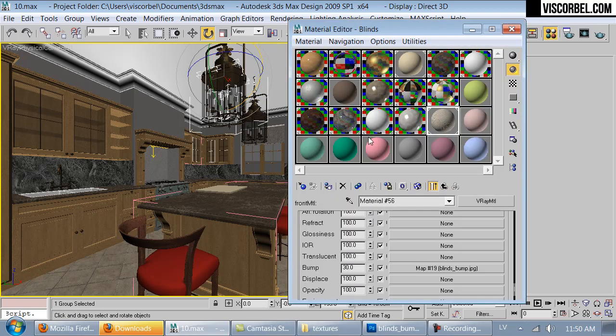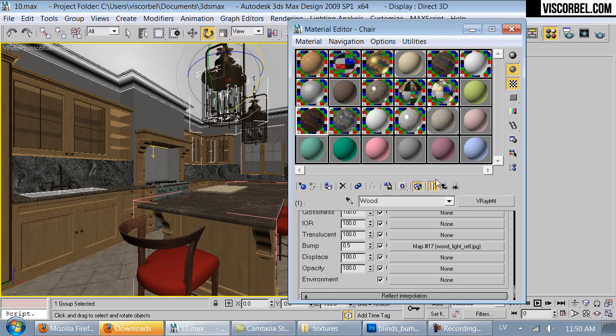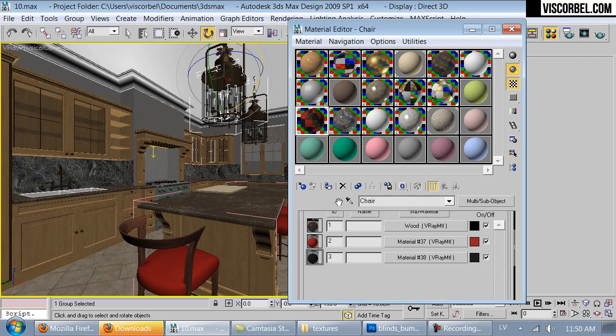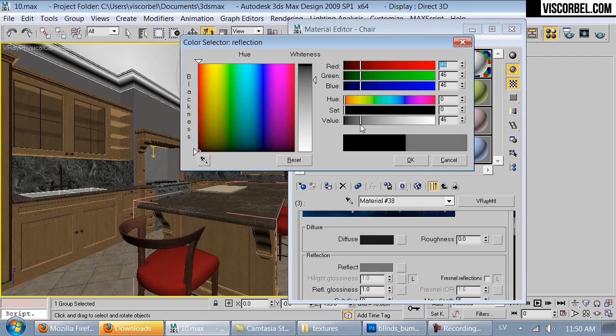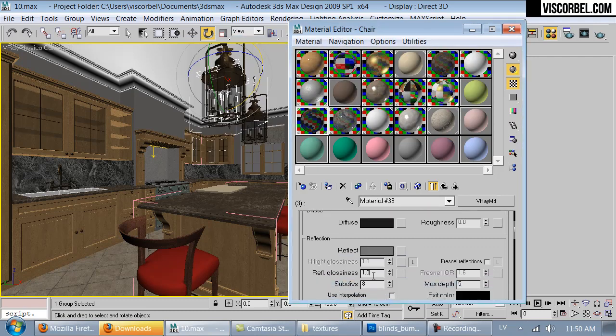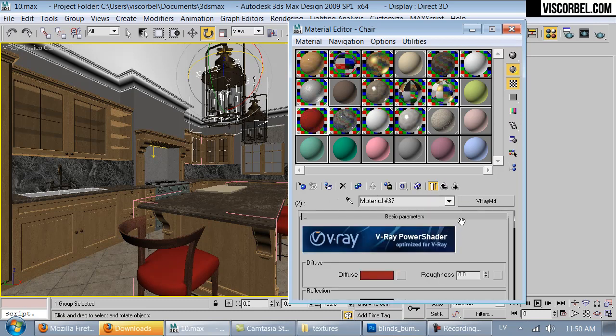Back to the chair. Forgot to finish the fabric and the black part. For the black part, I'm gonna make it reflective, blur it to 0.9, enable Fresnel, set it at 3, and that's good. And for the fabric, let's try something like,